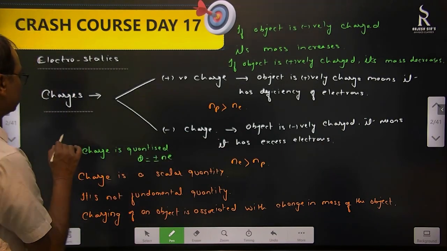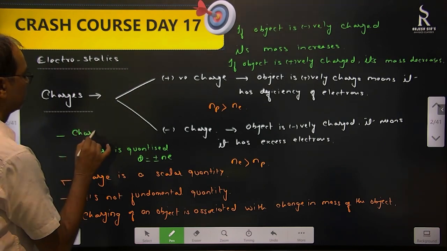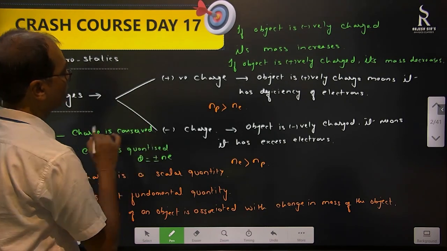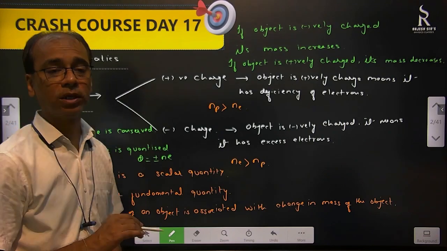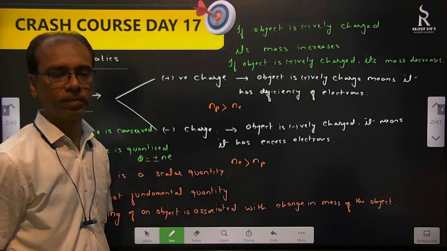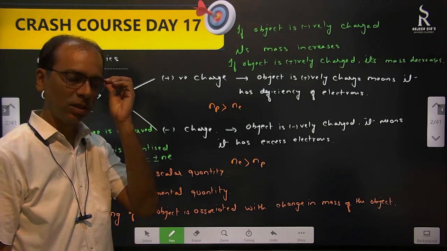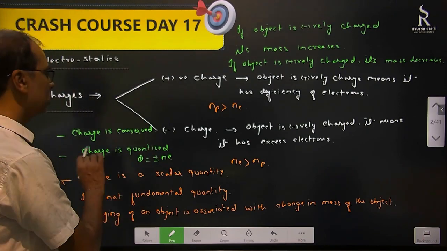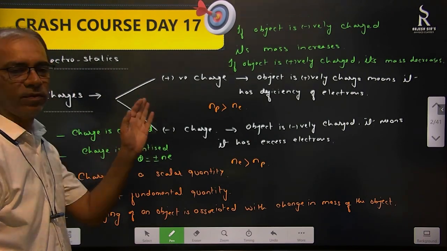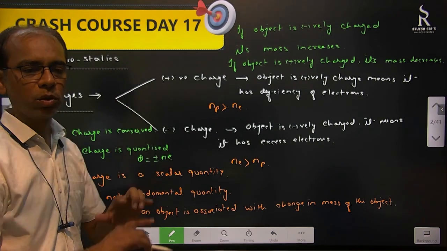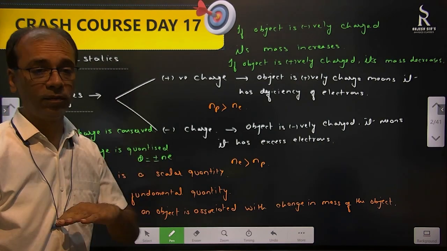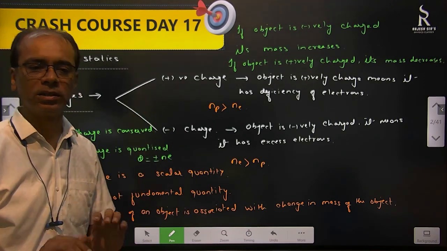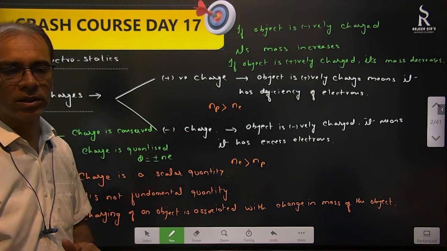Then what more can we say? Charge is conserved. We cannot create the charge, we cannot destroy the charge. Why? Because charge is a property associated with subatomic particles, elementary particles like electron and proton. So that's why charge is conserved. You can only transfer it from one object to the other object. If you see the total charge in the two objects, the one from which you are transferring and the other, the total charge is always zero only. It is conserved because every object in this universe is neutral.